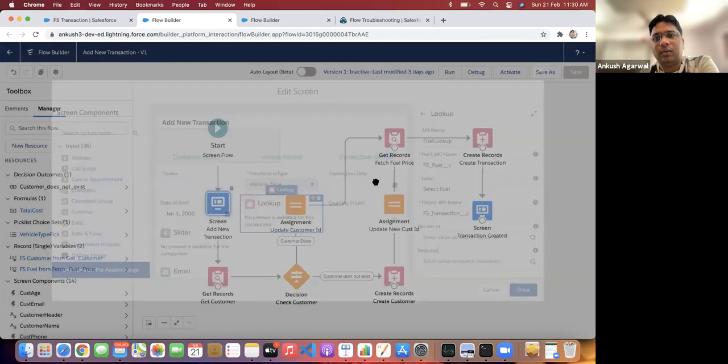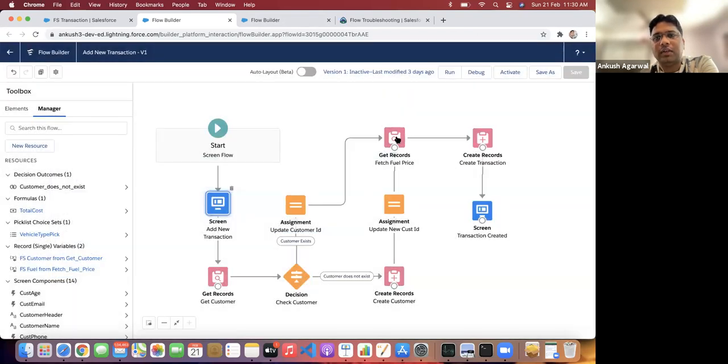And the second thing was that you need to fetch the price of that particular fuel and then use it to calculate the total cost, like what will be the transaction cost for that particular record, so that you can calculate it with the formulas and use it in your create record, create transaction. Okay, so that's all about it.